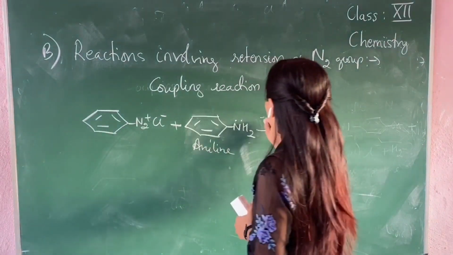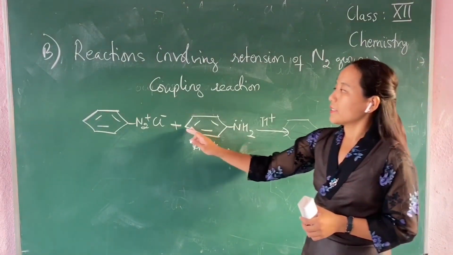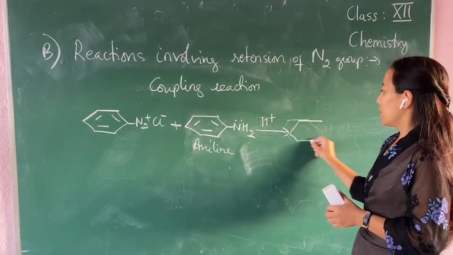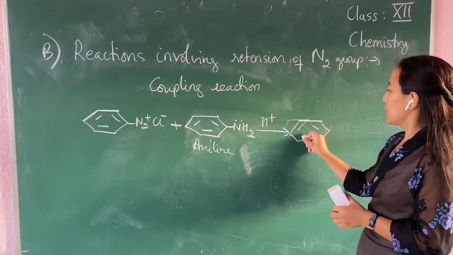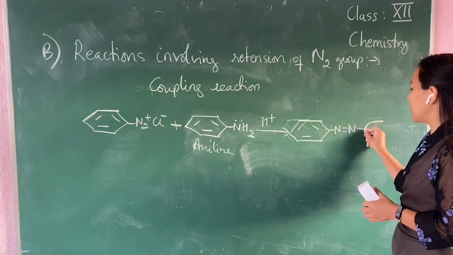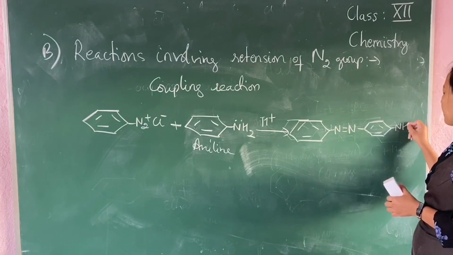And this takes place in acetic medium. Now what happens is, again, connect this with this through this azo group, and you will get N double bond N, benzene ring, and your amine group NH2